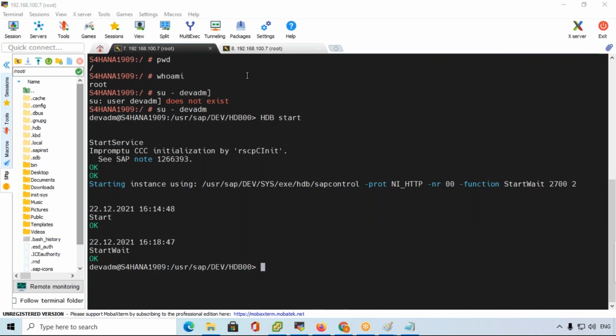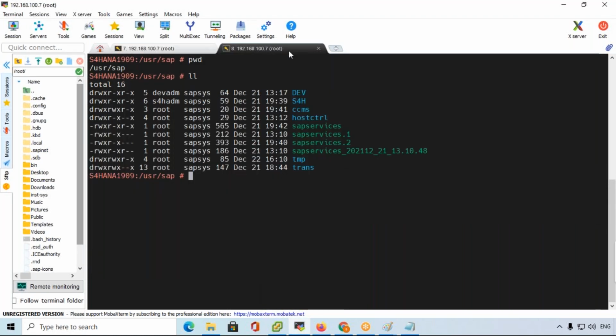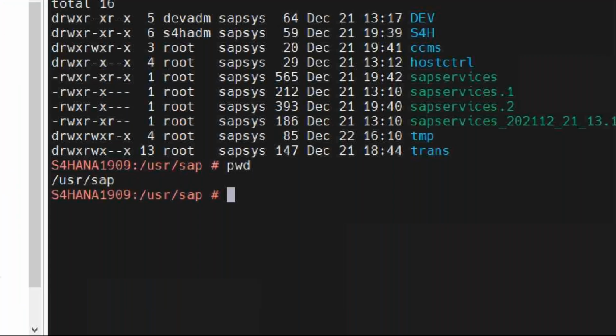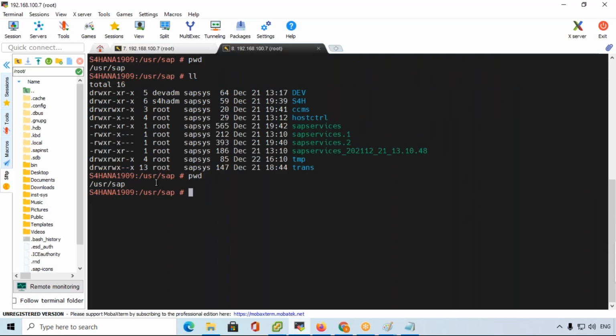Now we are going to open. Okay, in this window, if you want to go back, presently we are in PWD, root user USR SAP. I want to go back to root user. So just type cd dot dot.